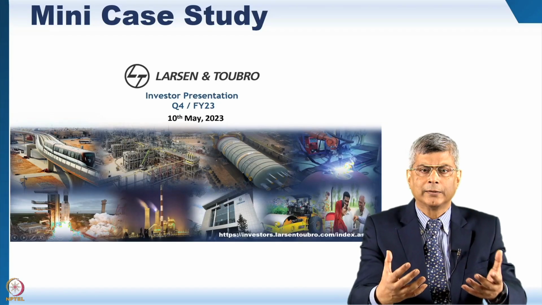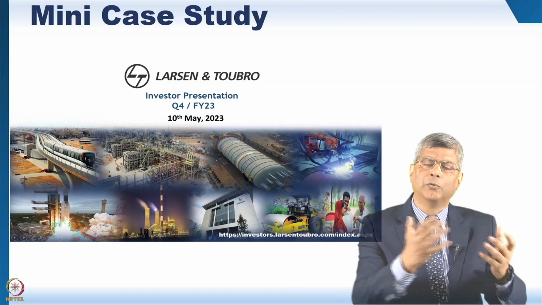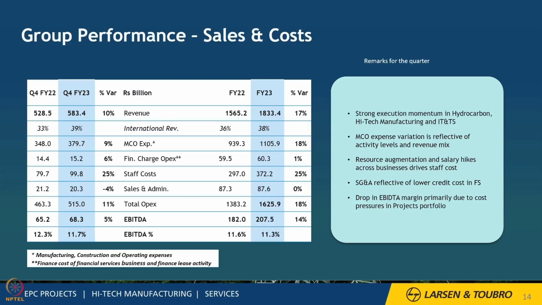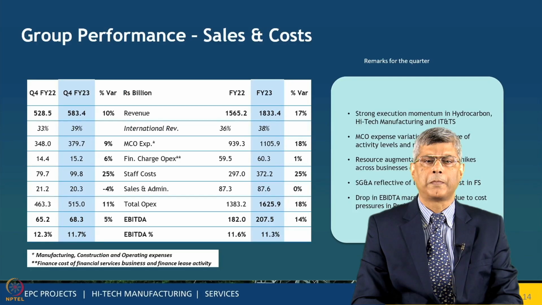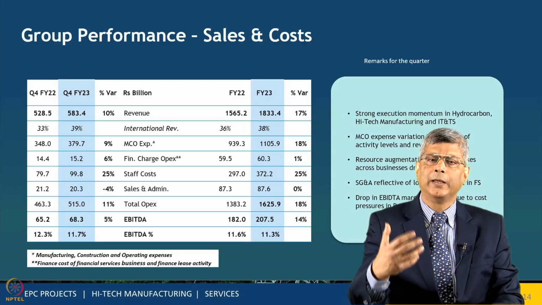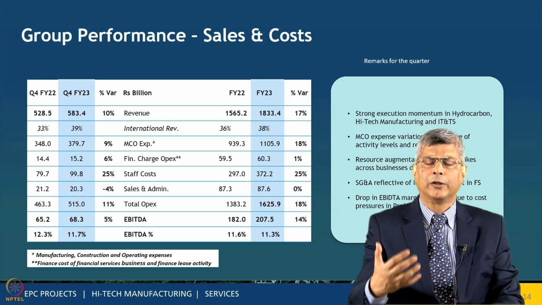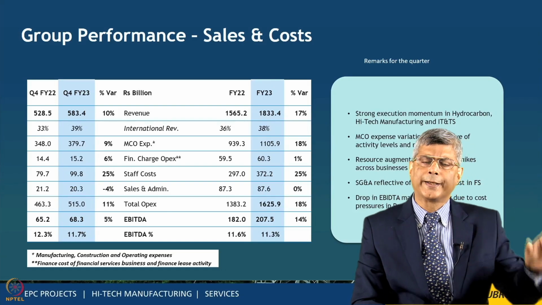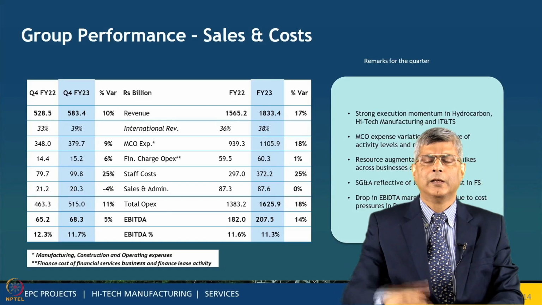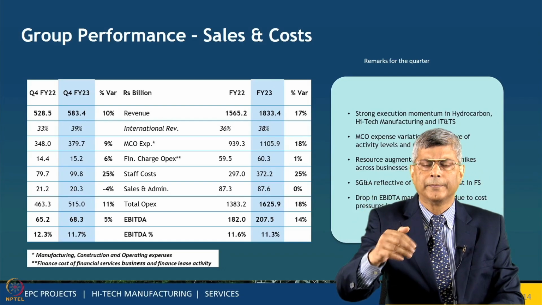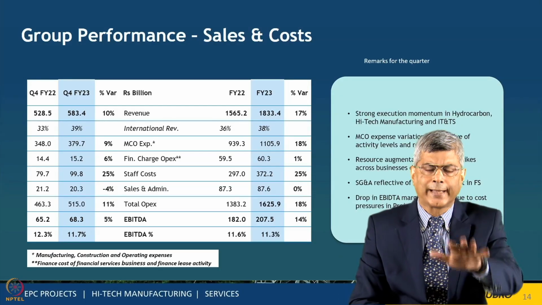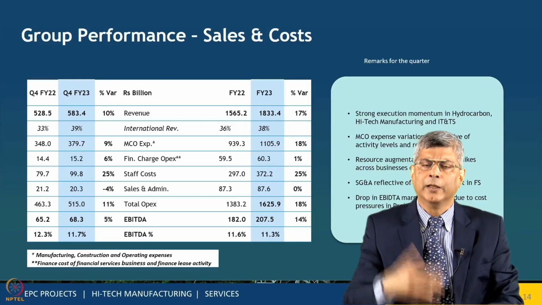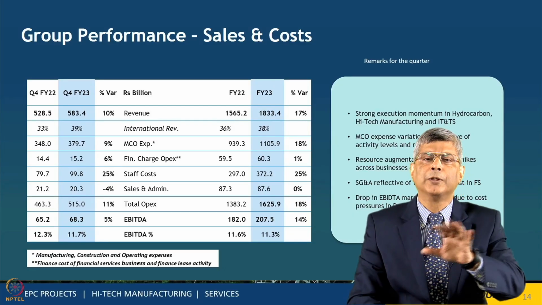So let's look at, are they using what I've talked about in the last few minutes? Let's look at this slide, which is actually the profit and loss and income statement. I talked about, in the context of selling 1 cup of tea, the sales and the cost, and therefore the profits. You can see exactly the same thing being presented by a very large respected company such as L&T to their investors, except the numbers are huge.